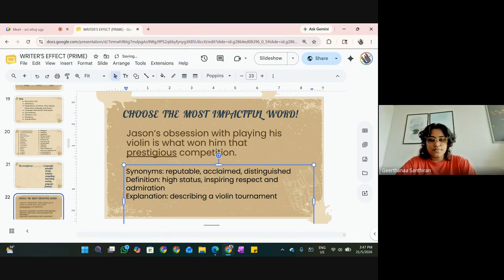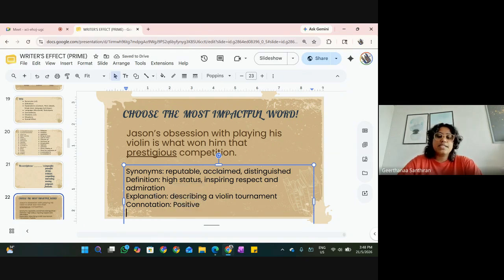Okay. All right. So these are our on the surface development. What about connotation? So this word is basically being used in a positive way, in a positive situation, right? Okay. So we'll just write positive. And then